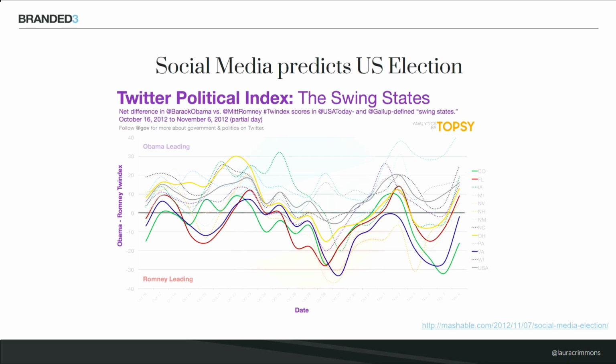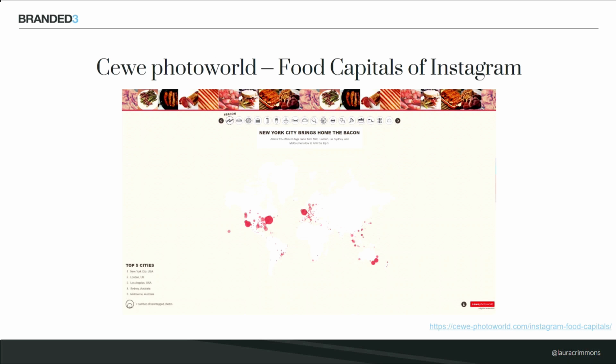And you can see that it does all flip up towards the end in terms of Obama leading. And obviously he did win. So that was the story, all about how social media had managed to predict that, with most of the swing states talking about the fact that they were going to vote for Obama. So that's one interesting use of social media in a campaign and in content. This one's slightly different. The topic, one much closer to my heart because it's about food.